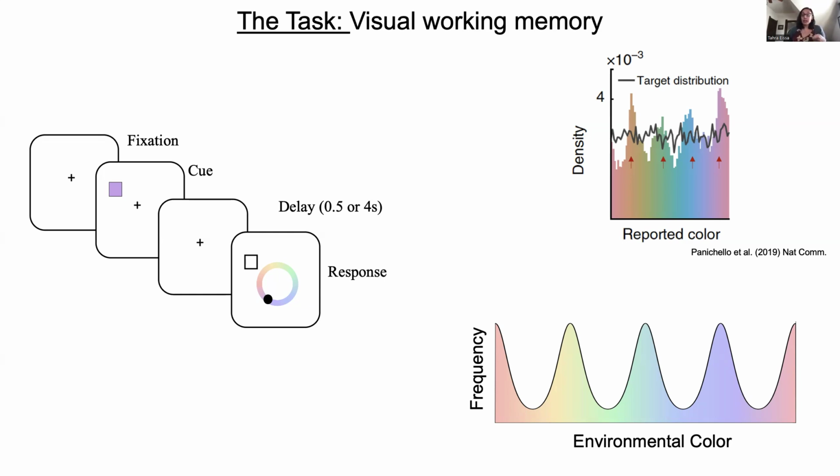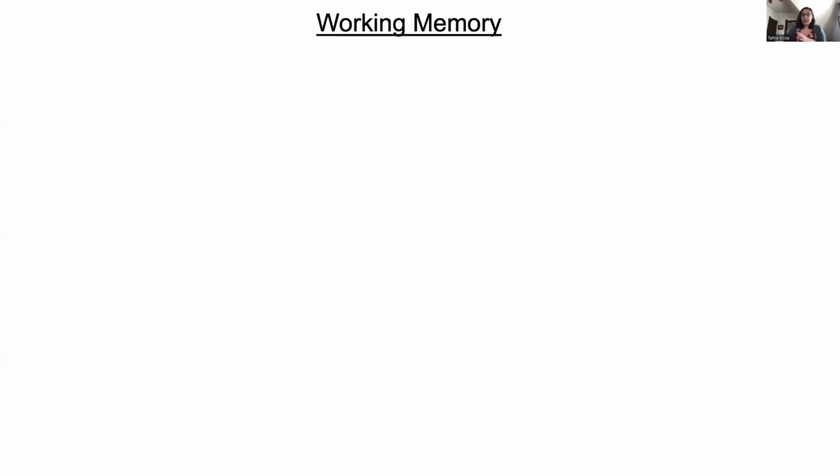In order to answer this, we're going to build some models and ask the question whether incorporating a belief that the environment is heterogeneous, so a belief that these colors are going to be represented in different ratios, is actually useful. So in order to do this, we need to take kind of a back primer step before we jump into that model, just to talk a little bit about what working memory is and how we're going to model it. So when we talk about working memory in this project, the way that we're going to describe it is